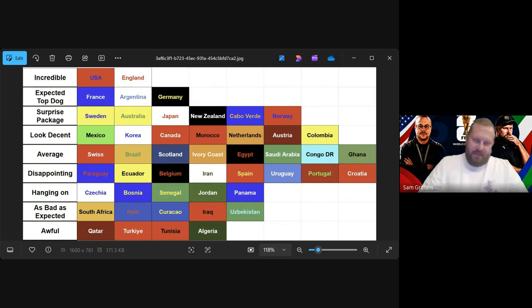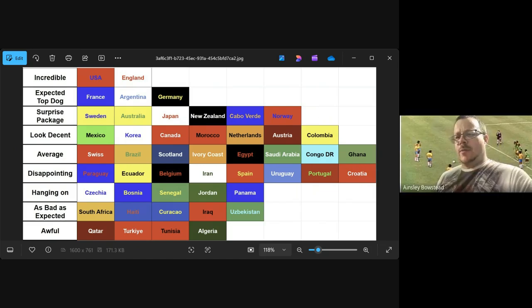So, yeah, I've got a couple of other teams on the disappointing line there, Uruguay and Croatia. Would you agree? Well, I'd certainly agree with Uruguay. They had enough chances in the second half against Saudi Arabia. But again, the way they shipped that first goal, you could see it coming a mile off because every Saudi player was jumping on every half chance. That's what a good striker does, right? They jump on the chance before it becomes a chance.